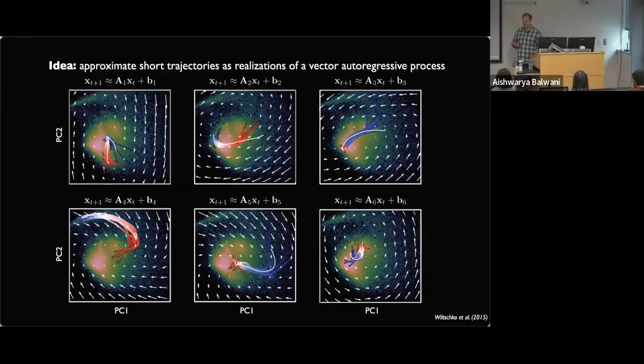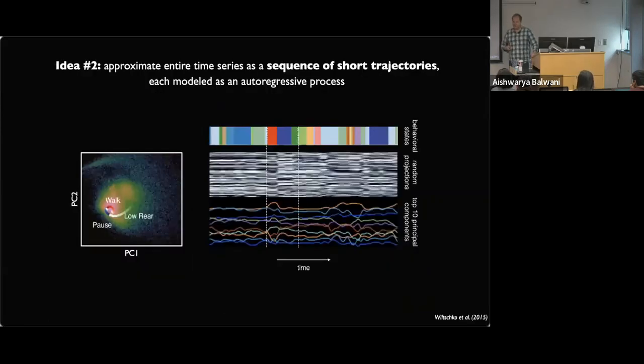So the first critical idea to this MoSeq model is that maybe we can approximate each one of those short trajectories as a realization of a simple dynamical system operating in this PCA space, namely a simple linear dynamical system. For each one of these trajectories, we could perhaps approximate it as a realization of a linear dynamical system of the form here: x_{t+1} = Ax_t + b. Different A's and b's correspond to different vector fields like we talked about yesterday. So we expect that we're going to need a lot of these in order to model an entire trajectory, but at least each short trajectory, we think we can model as a simple linear system.